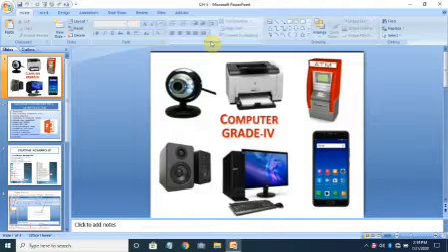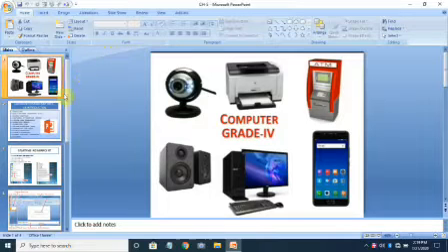Today we will continue our fifth chapter, that is Microsoft PowerPoint presentation. Till now we have completed few topics like what is Microsoft PowerPoint, how to start Microsoft PowerPoint, components of it, and how to create a new presentation, adding slide content, adding a new slide, and applying presentation theme. As you can see here, I have already created a file for showing you, right? So I'll use this file for making you better understand this chapter.